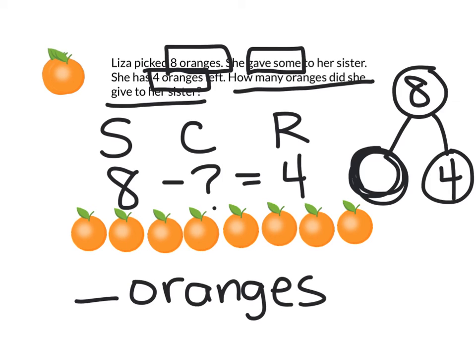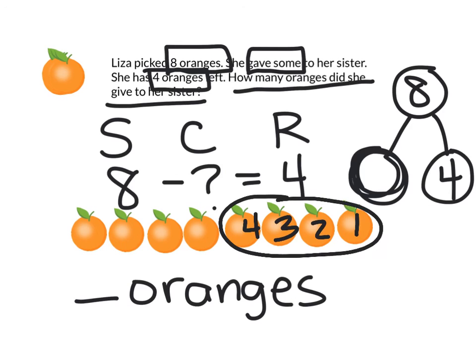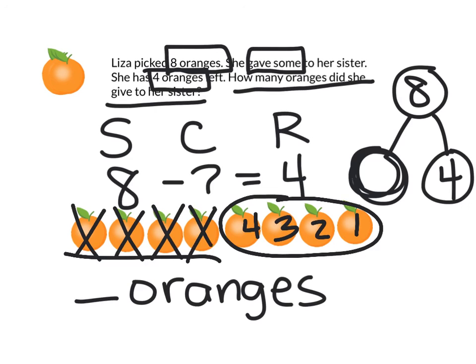So I've got my 8. I know that I'm going to have 4 left. So here's my 1. Oops. Got to get the pen first. Here's my 1, 2, 3, 4. And these are kind of backwards, aren't they? So these are the 4 I have left. So these must be the ones that I gave away. 1, 2, 3, 4. So let's plug that in here and see if 4 fits in our number bond